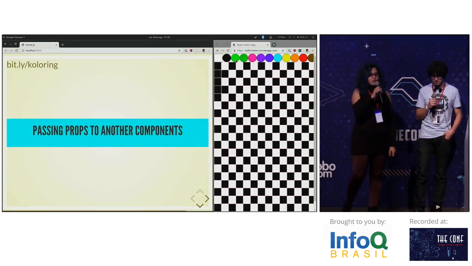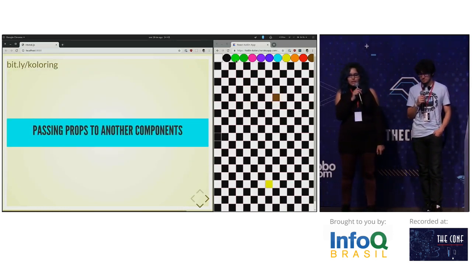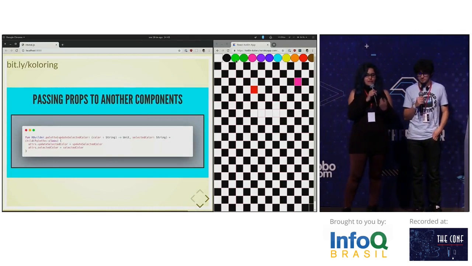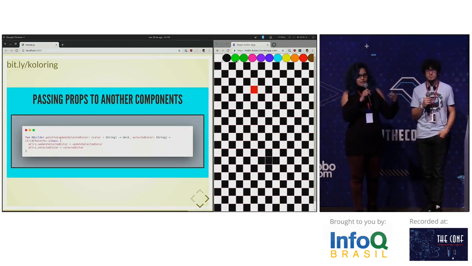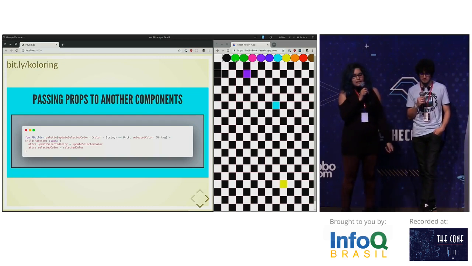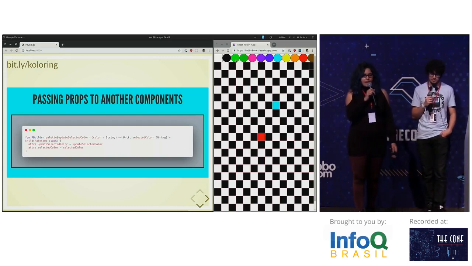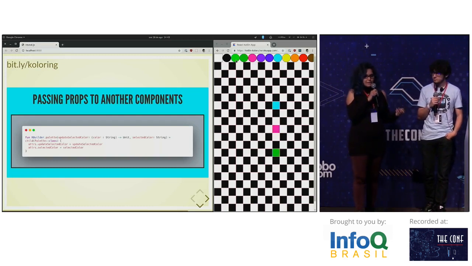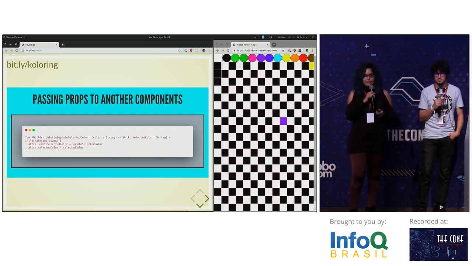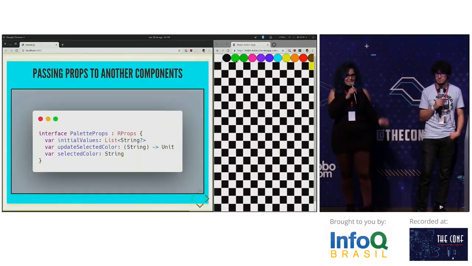And passing props to other components, we call this function here as a builder. So when we make our component, we build here, and here we are building the palette code, and we are declaring the types and all this kind of stuff in the props here, and passing the address, and that's okay, fine. But we will repeat this in the interface palette props here.